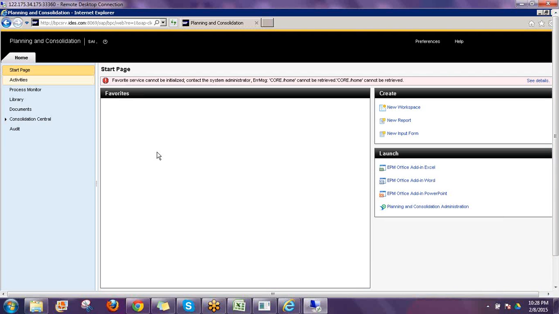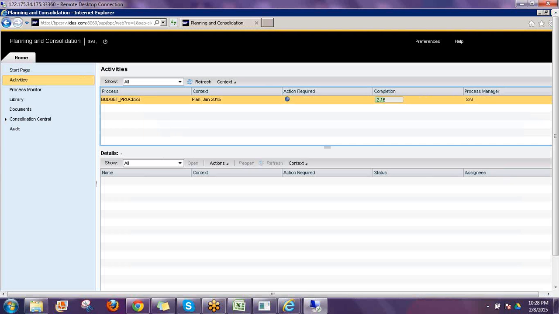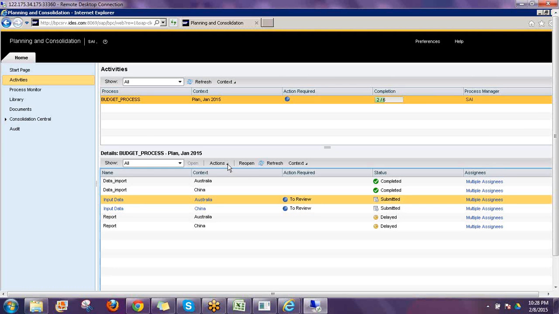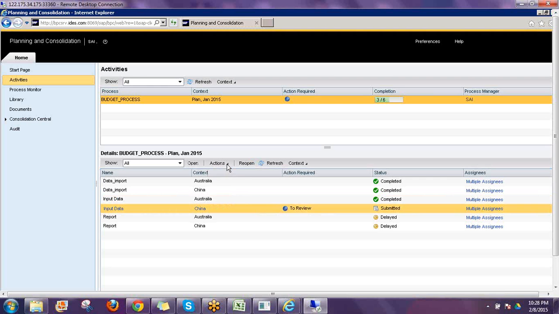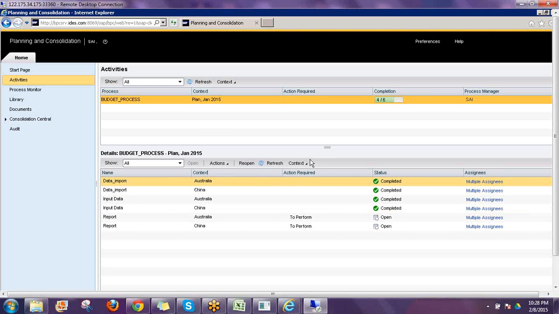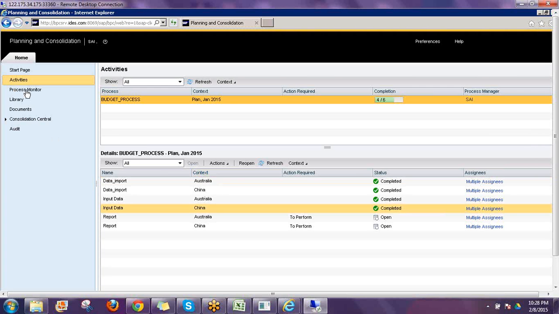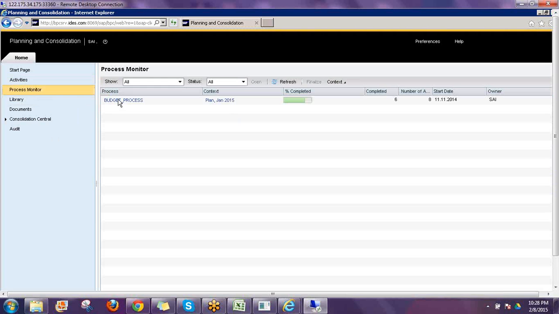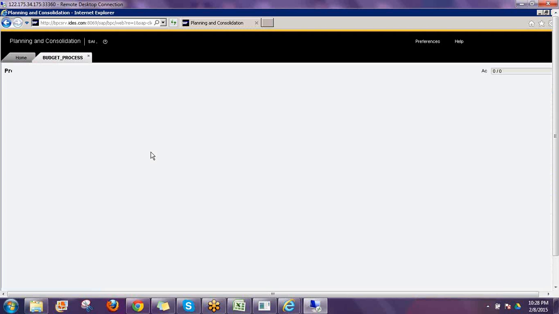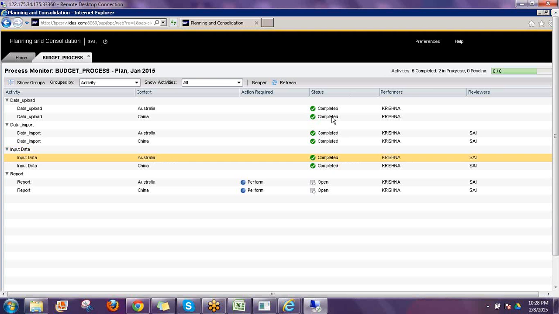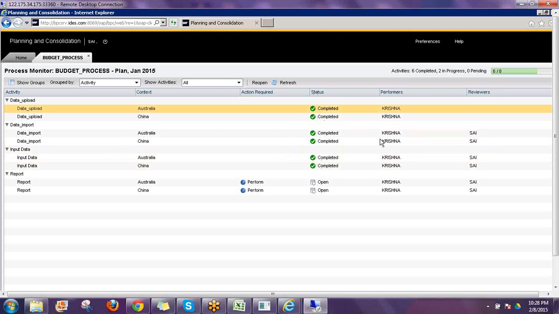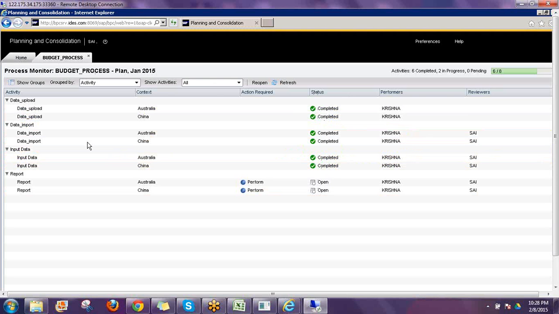Go to activities, select, approve, approve. You can select whether you want to display ID, description, or ID and description in the context area. And in the process monitor, I just wanted to explain, if you select this, now if you see here, what is the action required, what is the activity I am doing, only those details are available. And even if I go to audit,